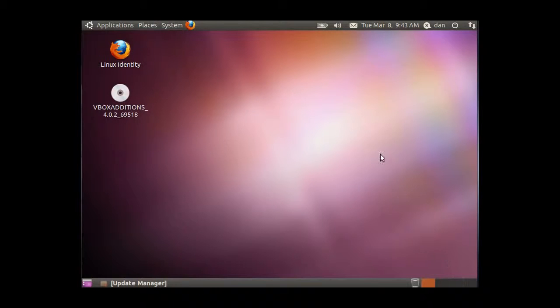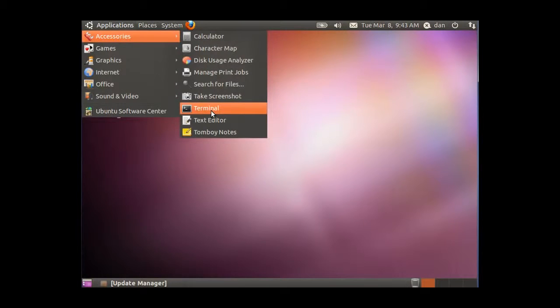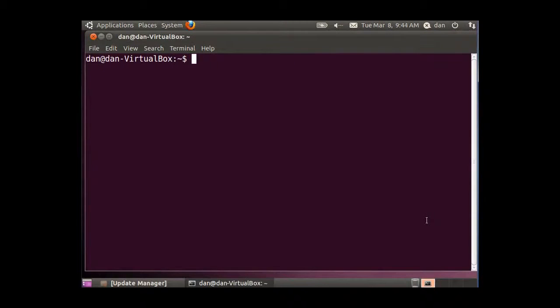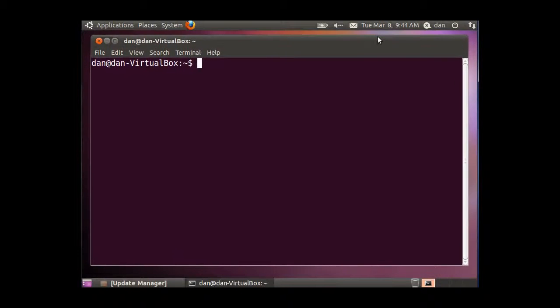Okay, in this demonstration we're going to install SQUID proxy server on our Ubuntu Linux machine. So I'm going to go to Applications, Accessories, Terminal. Okay, I made the font a little bit bigger so that it's a little bit easier to read in the window here. And the first thing I'm going to do is a sudo